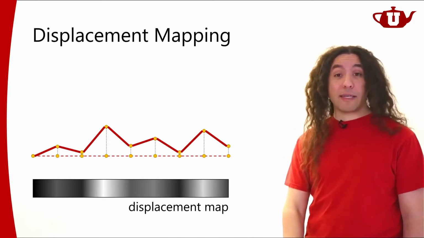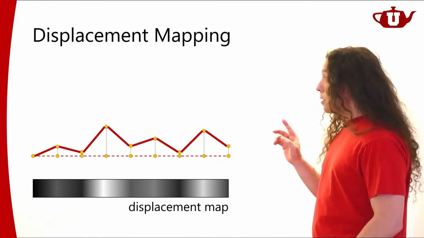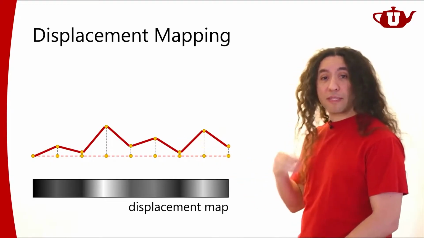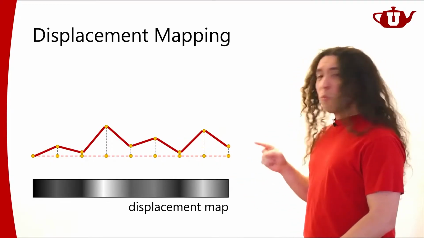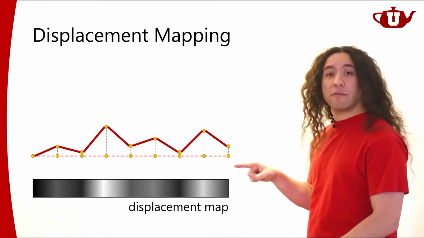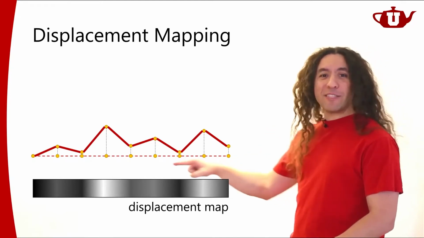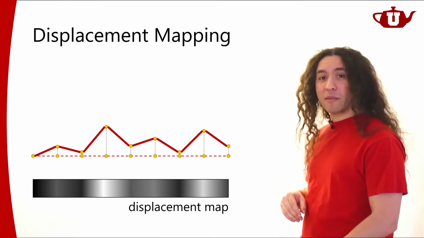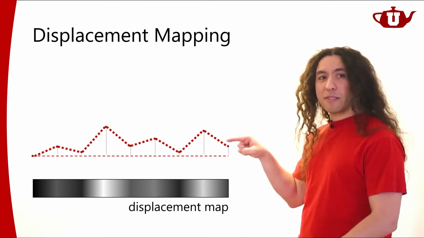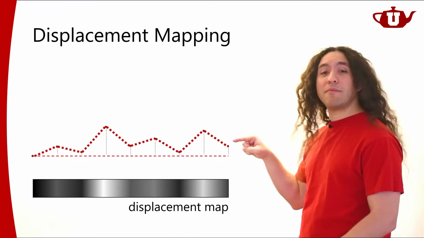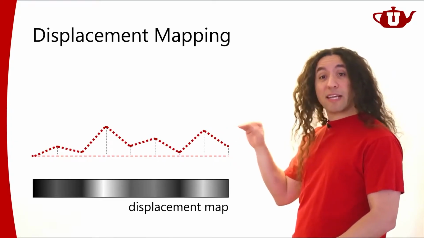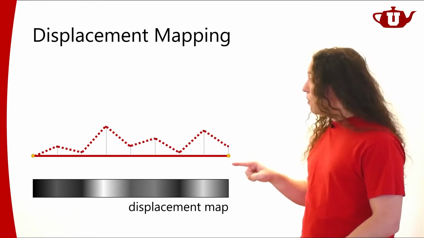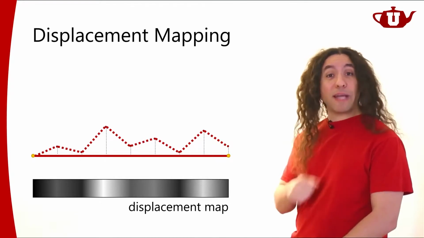So what can I do in that case? What I want is to be able to render this modified surface. That's what I want to be able to render. But I don't want to pay the cost of actually rasterizing all of these vertices and all the triangles that come out of this highly tessellated model. So I would like to get the illusion of this, right? I would like to get not just the illusion, I would like to get the exact appearance of this displaced surface, but I would like to render this flat model. Can I do that? Actually, there's a way to do it.